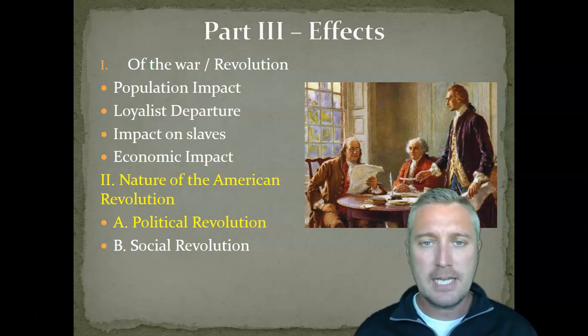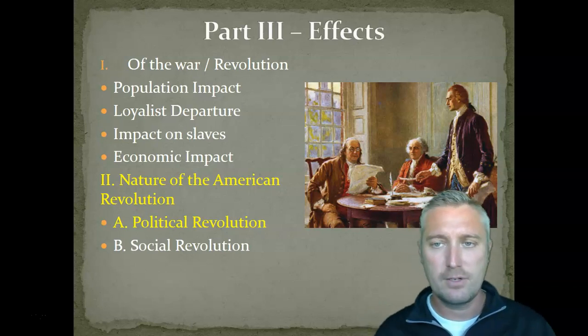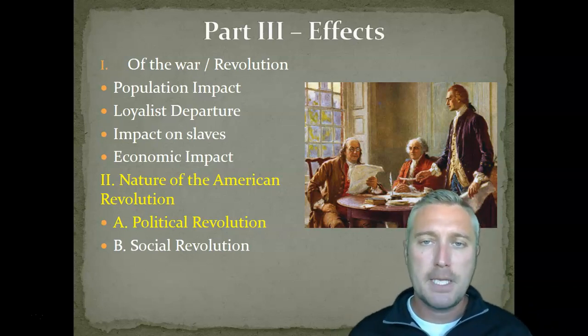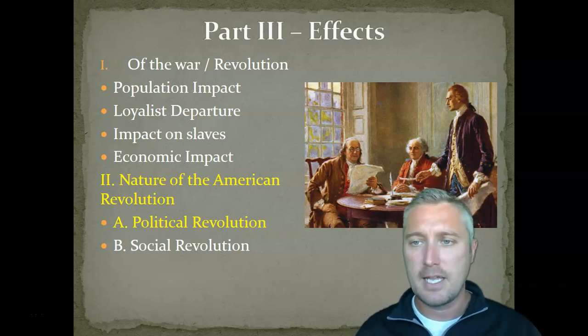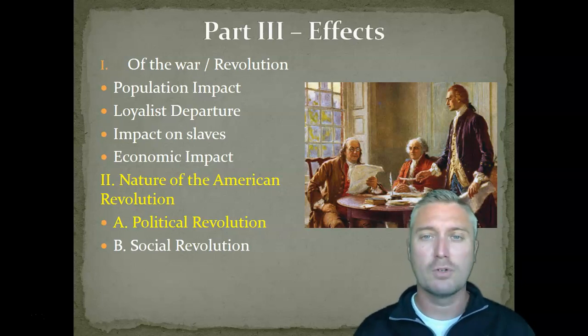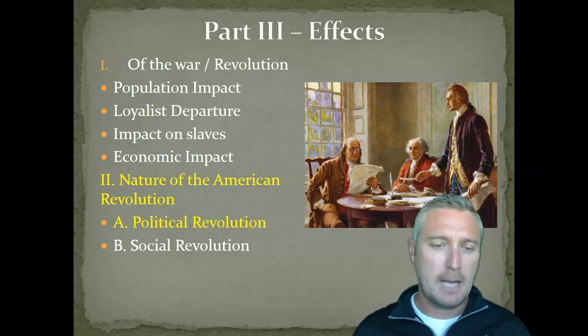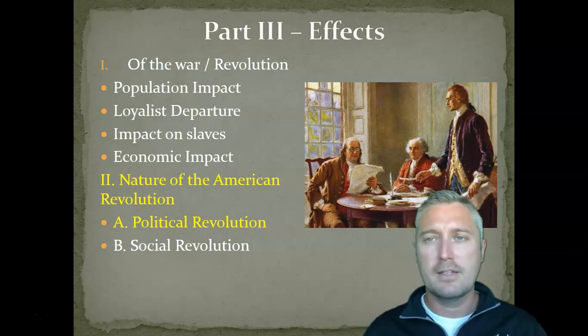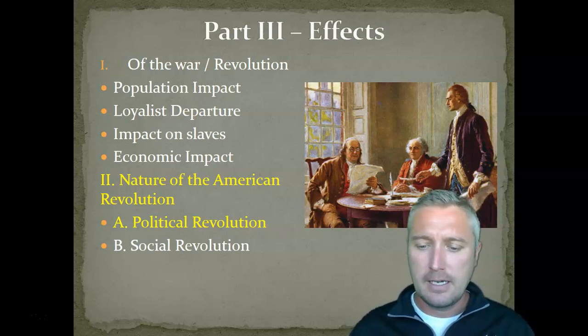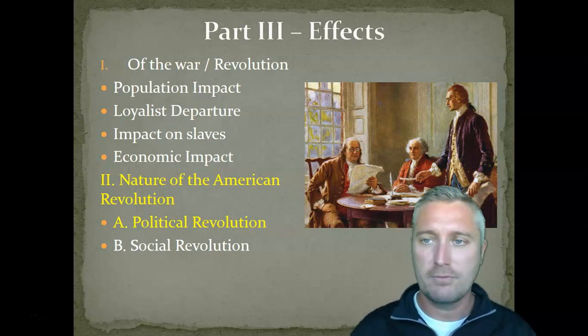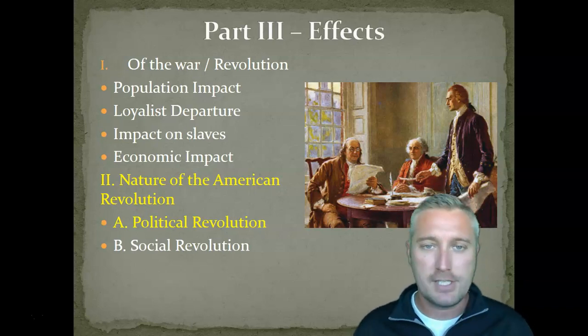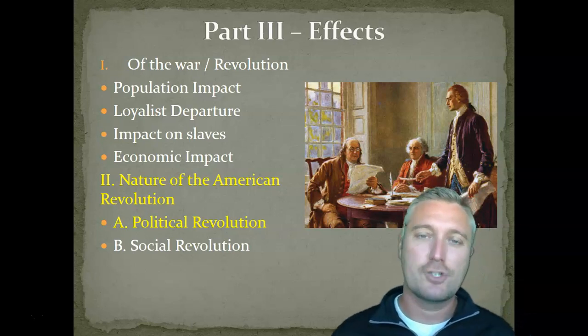But the root of all this was that period of enlightenment, these ideas of contract theory, of the social contract between people and their government, and that government providing security and defending rights. Britain was not doing that in their minds, and they had the power and the right to overthrow that government. Issues of popular sovereignty. Who is in control, right? From the very beginning, there were issues, with salutary neglect, where Britain still felt like they were in control of us, but we were doing our own thing for 100 plus years, and we believed that we were sovereign. The issue of sovereignty is not going to go away, the debate about that. In fact, it's just going to turn inward.